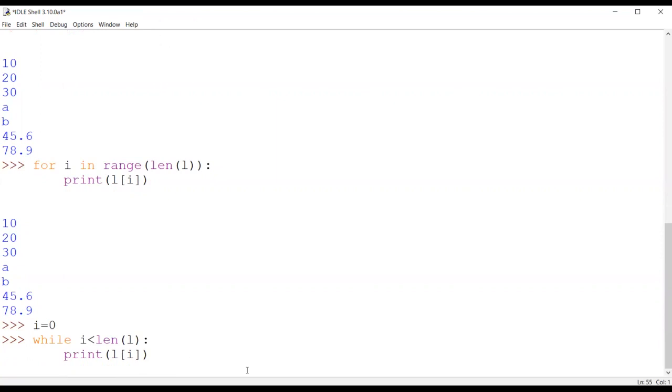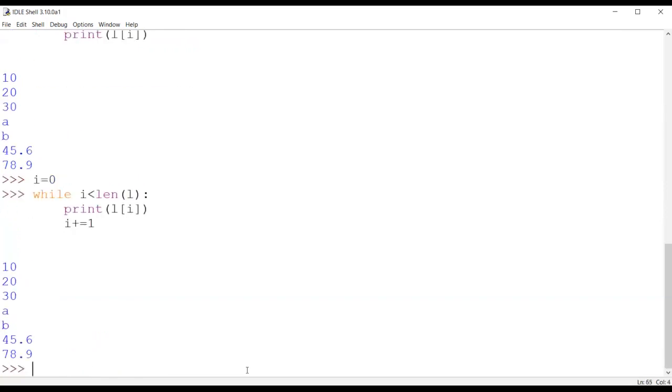Now, how is my for loop different from a while loop? We all know that a for loop takes the increment automatically, but in a while loop I need to write it. So i is my iterative variable, and I'll be incrementing it by 1, and it will give me this result. So with the help of a while loop also we can traverse. But yes, there is no other way to traverse a list in a while loop. So there is only one method, and it is done.